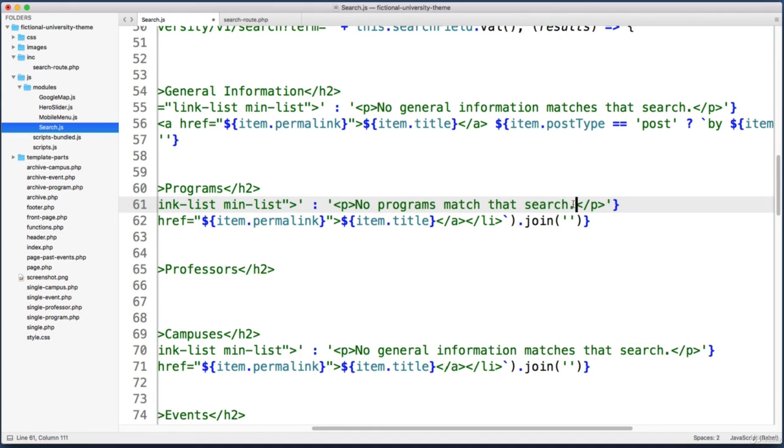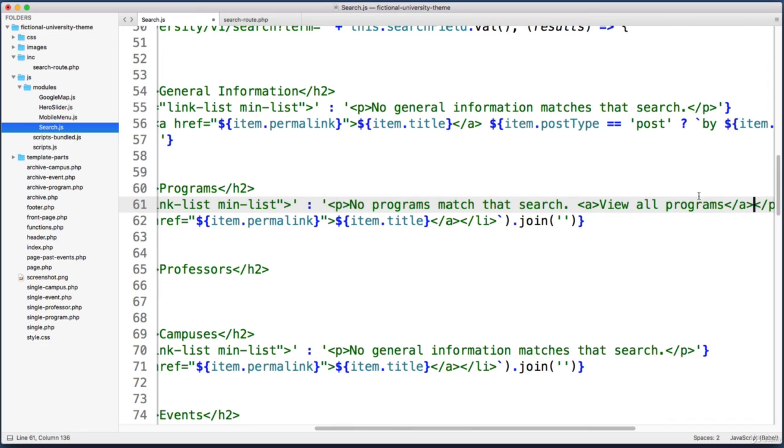And then even after that sentence, we could say view all programs and then make that a link to the programs page. So we could wrap this text in an HTML tag and then give the opening tag an href attribute and set it to /programs. And that would work in most cases, but again, not all WordPress installs are located at the root of a domain. So to make this flexible, what we can do is, instead of outputting a quote here,